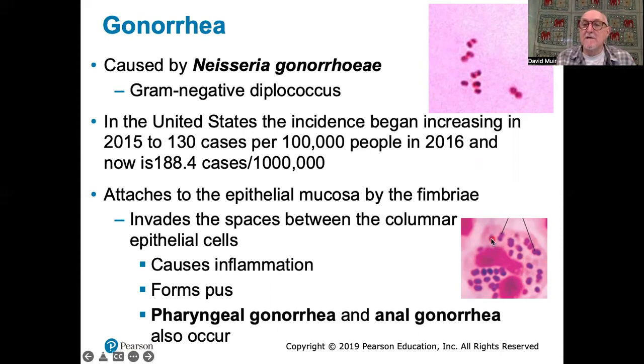Here are cells adhering to epithelial cells, but they also spread between the epithelial cells. Epithelial cells are attached to one another, obviously, and especially in cuboid epithelium, the bacterium can spread down through in between those cells and spread. In females, it causes an initial vaginal infection, might be recorded because it causes a pussy discharge, and also causes